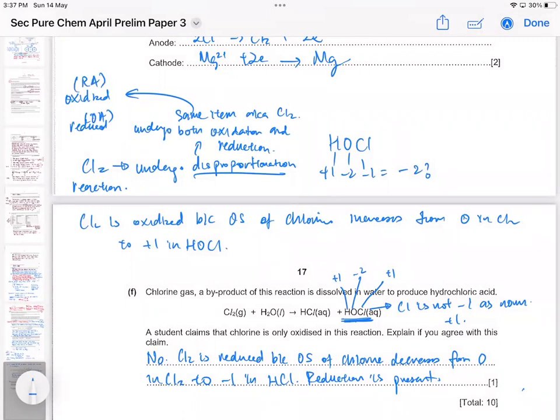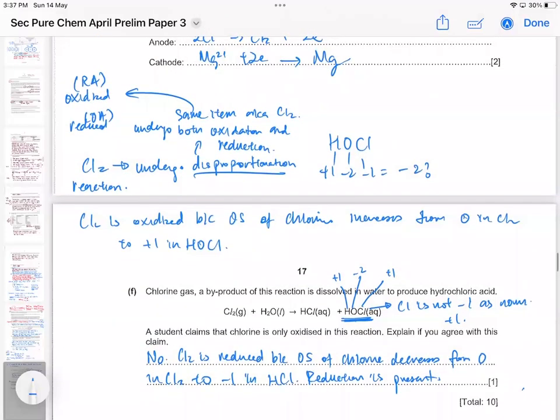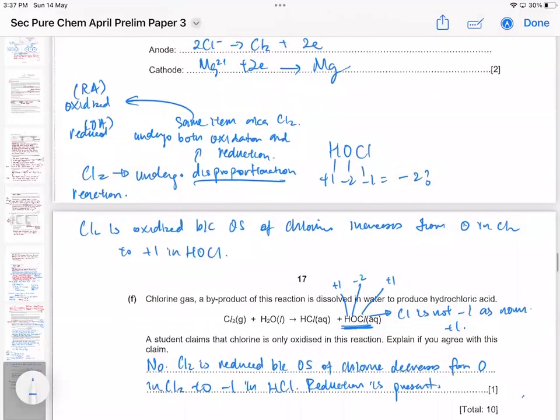Okay, that's all. This one is a good point to stop. You all jot down everything you need. Any questions, let me know. If no